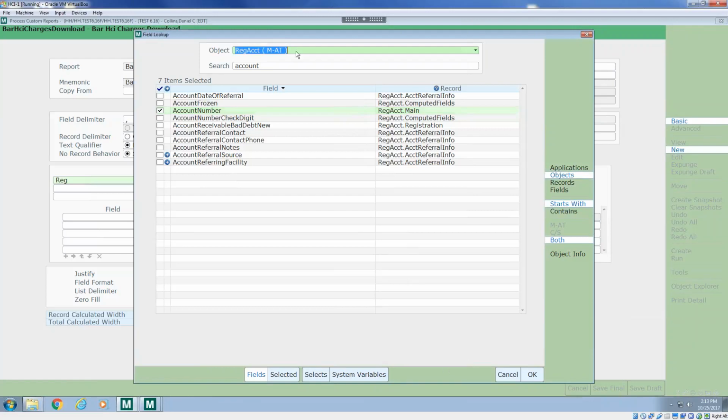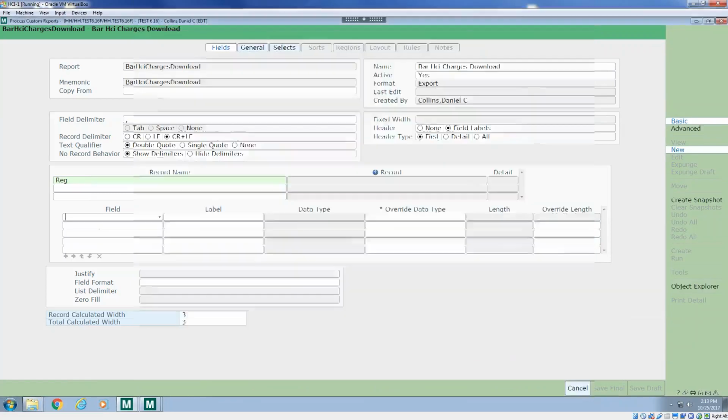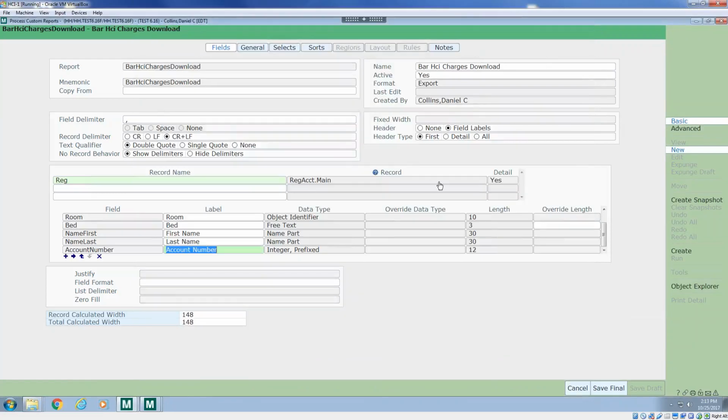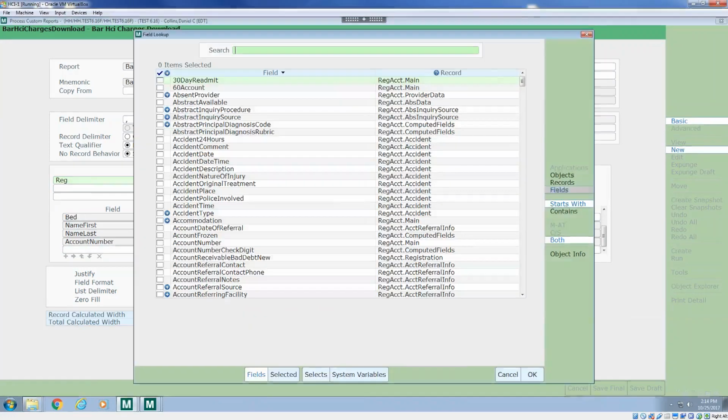Now, I'm going to save that, and you could see that the record here is reg account main, and the detail is set to yes, meaning that's going to be the detail record in the report. Now, if I go in here and let's say I want to start adding some billing charges. If I do a lookup here again, I go to objects and I try to